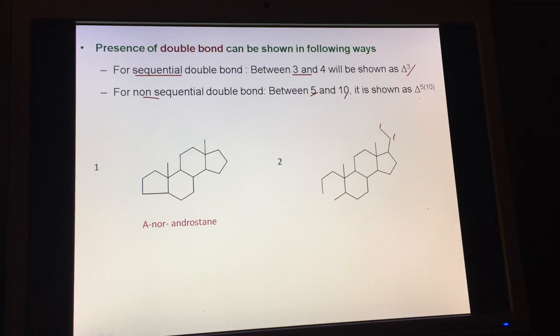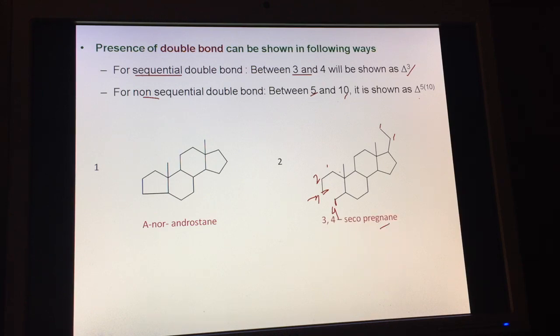Now, second thing is you look for the features. You can see this is position number 1, this is position number 2, this is position number 3 and this is position number 4 in the case of steroidal nomenclature. Now, you can see that in ring A, between positions 3 and 4, the bond over here is broken, and it is broken in such a manner that the valences at this end and that end are fulfilled. So, for this we use the term SECO. So, we can name this molecule as 3,4 secopregnane.